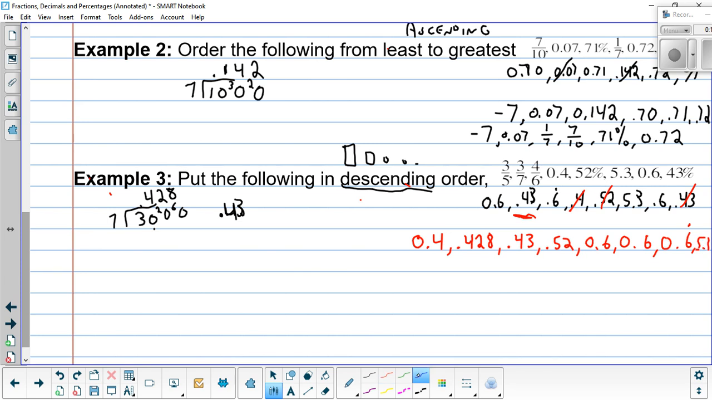Very last thing, as always, put it back in the original form. So this is going to be 0.4. Then that is 3 over 7. Sorry, 3 over 7, 43%. Then 52%. Then 3/5. Then 0.6. Then 4 over 6. And lastly,